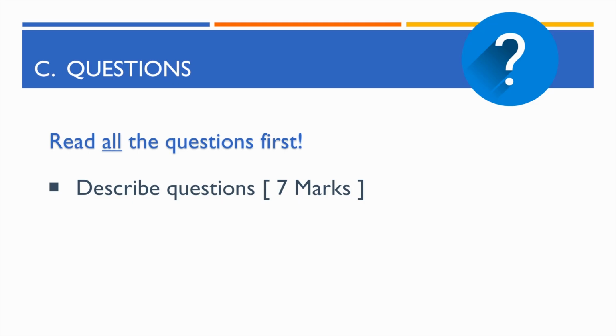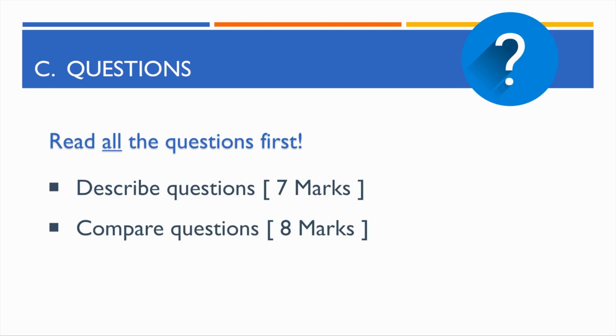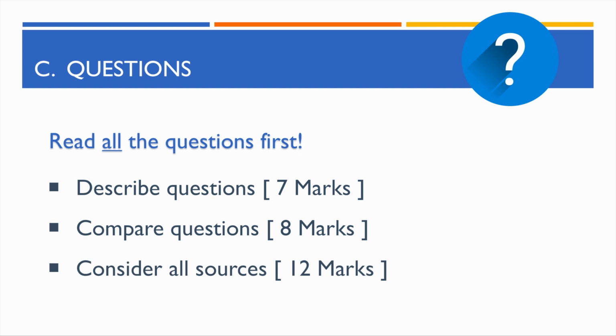Questions can be broken down into 3 different categories. 1, basic questions, in which you're being asked to describe something. Questions which are asking you to compare 2 sources against each other. And then the final question often asks you to consider all the sources together. So let's take each one of these and take a look at how to approach different questions for paper number